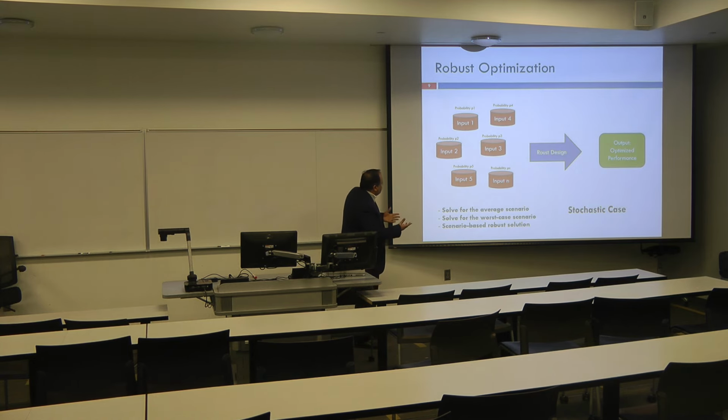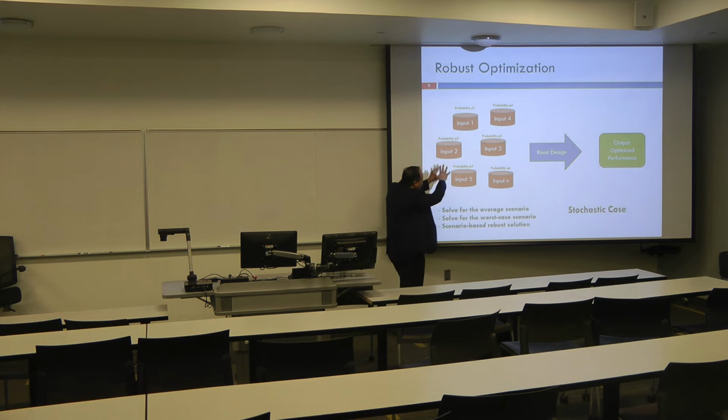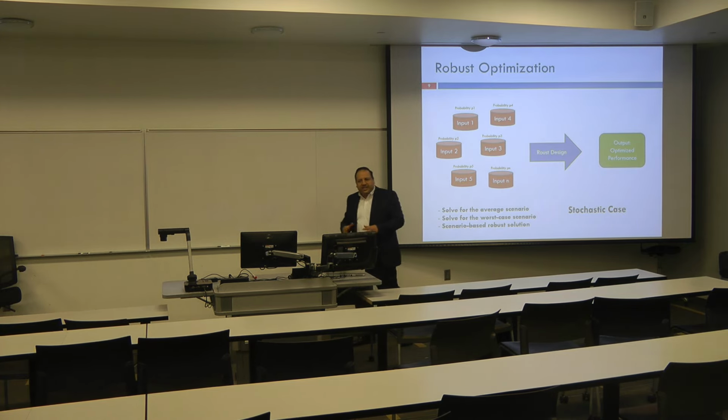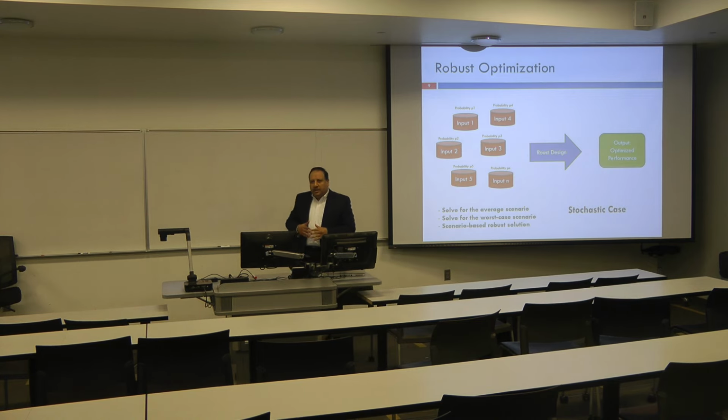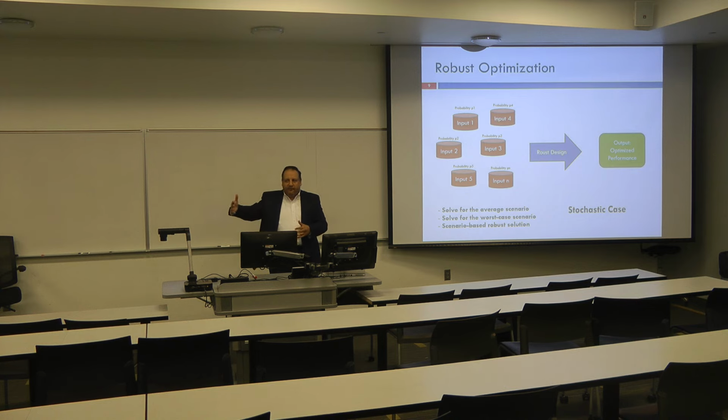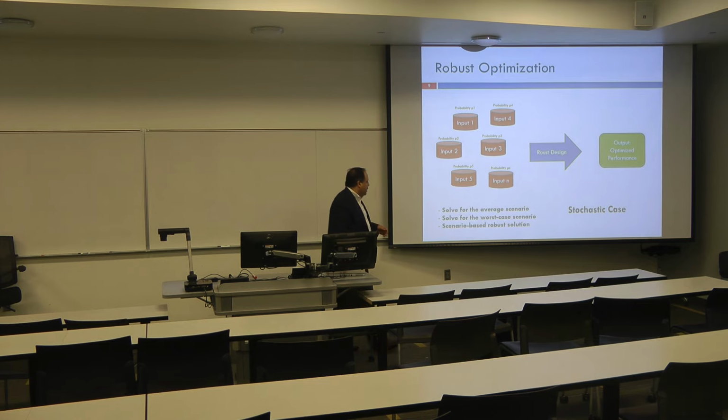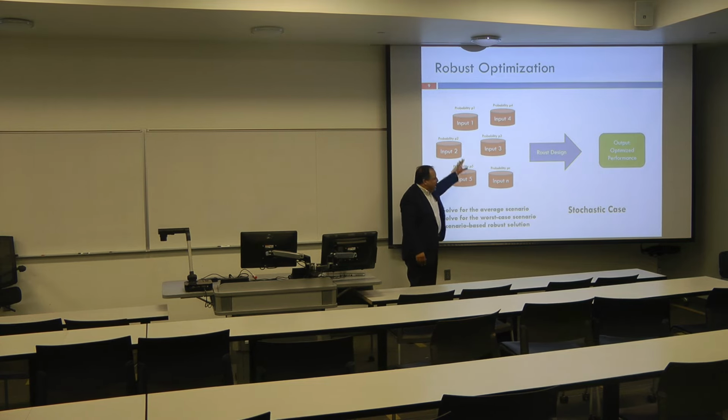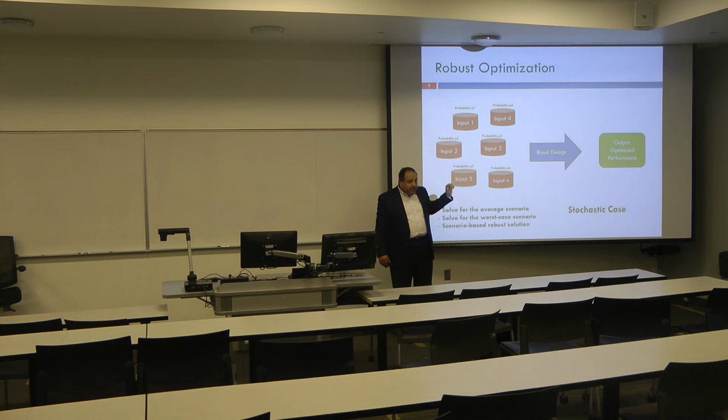If you look at a problem like this, how can we design our system? Should we design based on an average of all those? Sometimes we do that. We look at all these operation scenarios and take the average one, as if I'm going through Monday, Tuesday, Wednesday, taking the average of all days and designing my timing plan based on the average day. We can do that. Or we can pick the worst case scenario and say, let me design for the worst case.